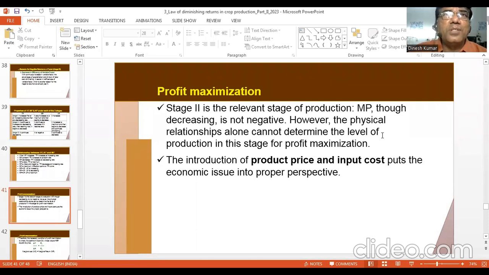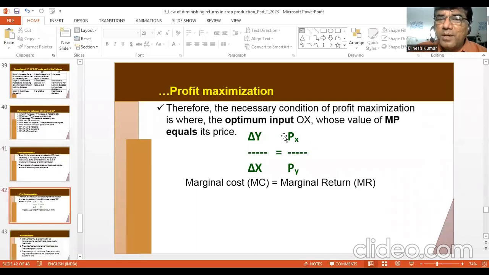Now you need to work out the additional cost and additional return. So the introduction of product price and input cost must bring the economic issue into proper perspective. Therefore, the necessary condition of profit maximization is where the optimum input is OX, the optimal level of X, that is input or labor here, whose value of MP equals its price. That should be the last point of investment, beyond which labor should not be employed or variable input should